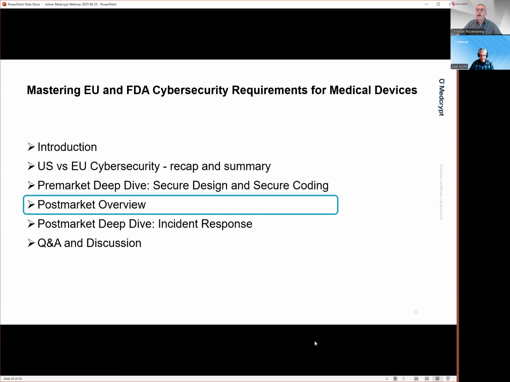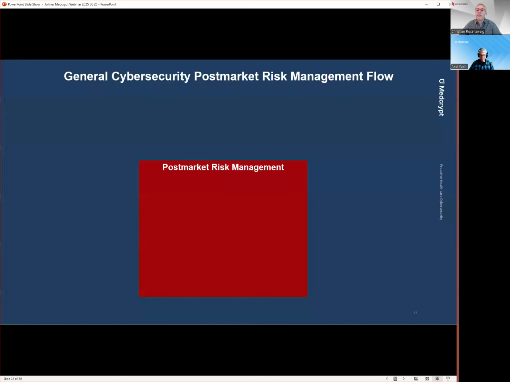Specifically post-market, what does your overall post-market management plan look like? What should it cover? Obviously, the basic concept is that you need to have a post-market risk management plan in place. You collect cybersecurity signals from various sources, including your supply chain, right? You have an SBOM, you monitor software components for vulnerabilities, you listen to your suppliers and look for notifications. You may sample and test and all those types of activities.